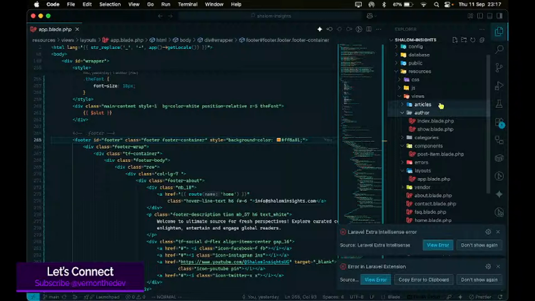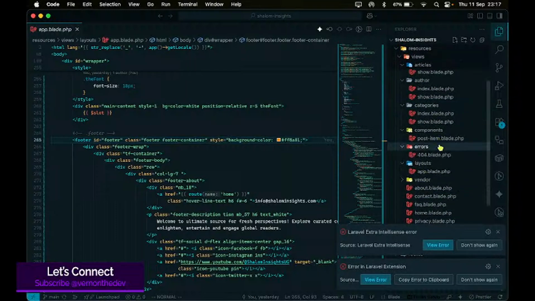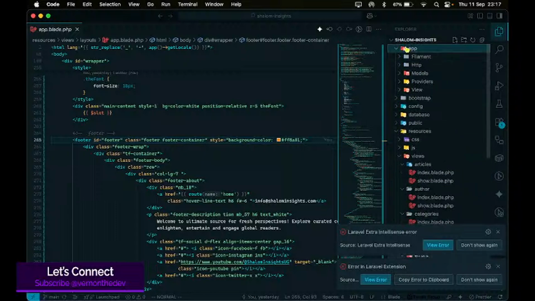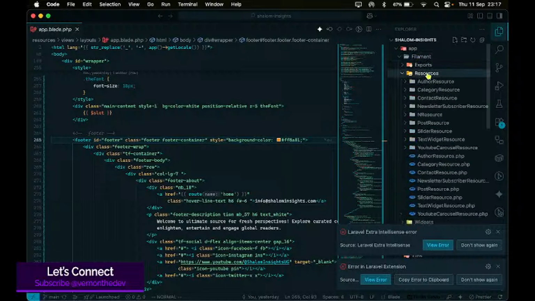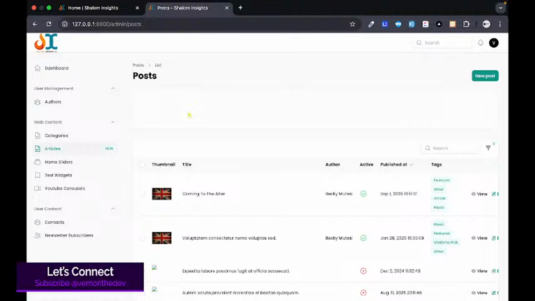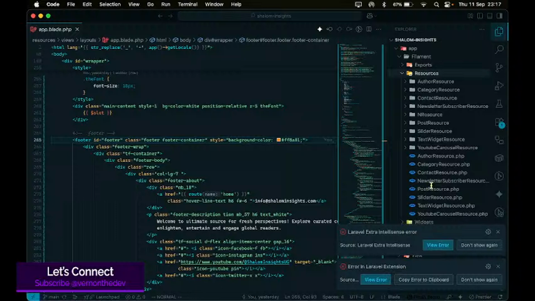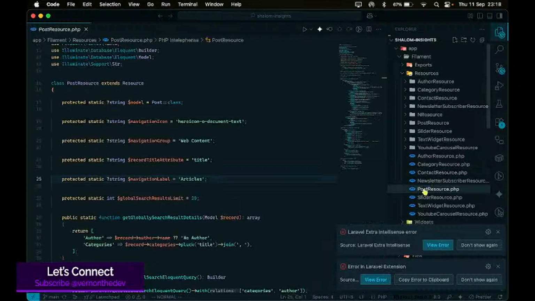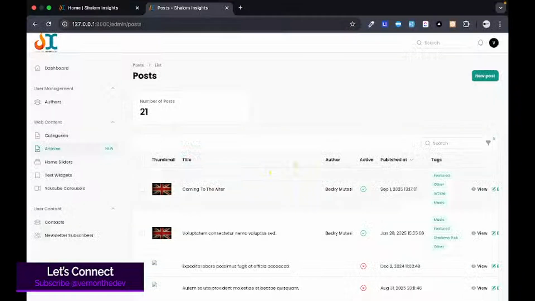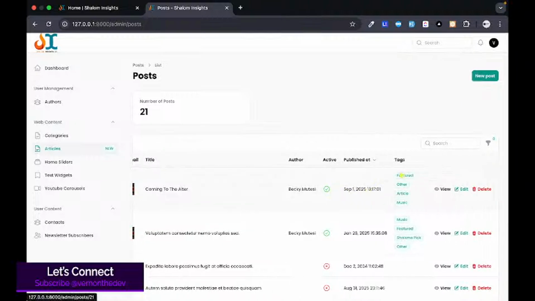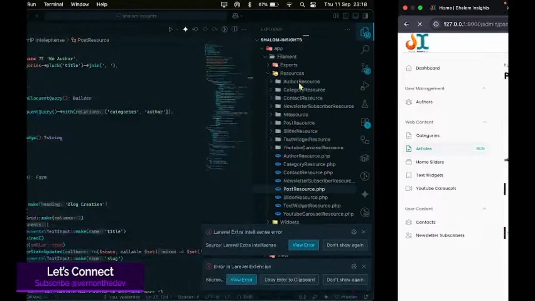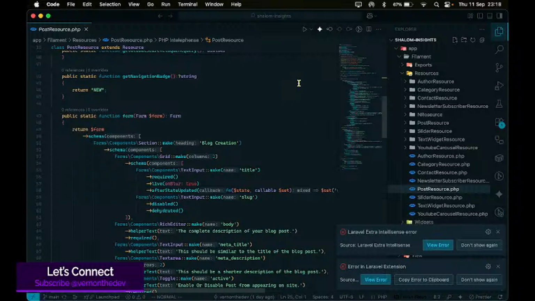Then I have the author templates, like these are the pages for those specific sections, for the articles, for the categories, and also a page for the error page. Then for the backend, it's within the app folder, and I'm using Filament as my backend. With Filament, its files are within the resource folder. That's why we manage these pages that we're actually seeing. When we see the posts section, that's managed by this post resource file. So we have all this core section being managed, like the table, the form that is used for creating the information, like the article, and even all these actions, all of them are being managed within that resource file that I'm talking about. So guys,